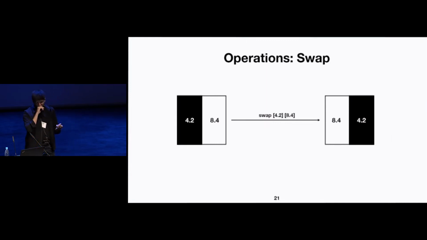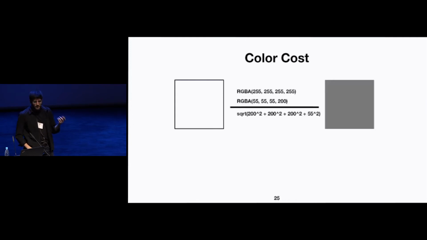So you are doing these operations, right, and trying to paint this picture, but we must judge you somehow. So how do we do that? We have some cost function that operates on these colors, canvases, and all that stuff. The first type of cost function is the color cost. Let's say that this is your initial canvas, right? And your target painting is all gray. Then the color difference is